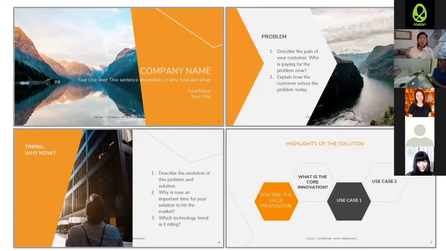And then it comes to the problem. What is the problem you're solving? A lot of teams show up and tell us what the solution is, but we're like, wait, but what is the problem? Are people willing to pay to solve for this problem? And then we'll look for the core innovation. Because we're in the CityU program, we expect a lot of you will have some science or technology related research, so that's also something we want to showcase. If there are 10 people building virtual banks and there are 100 people building crypto exchanges, how is yours different? What is the core innovation